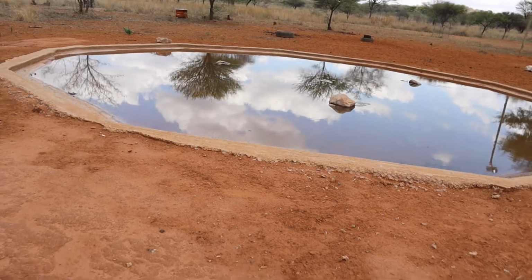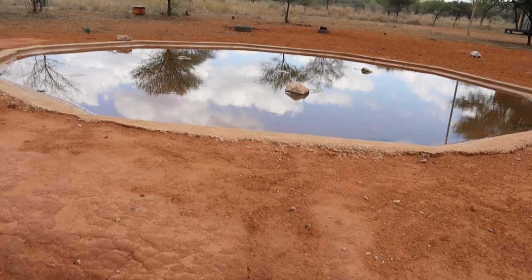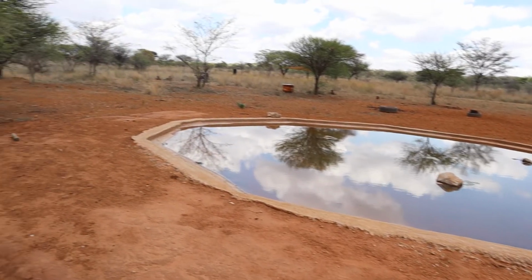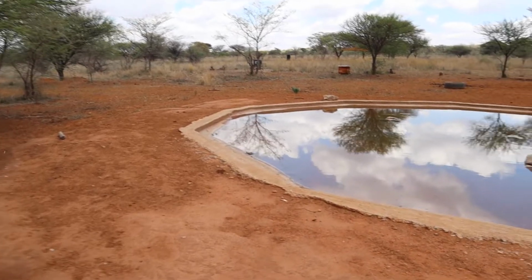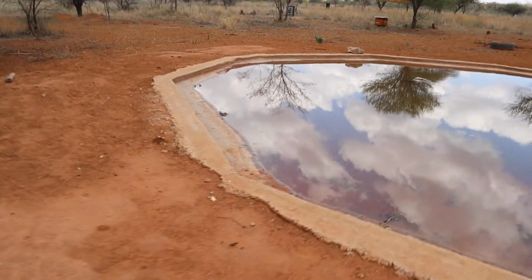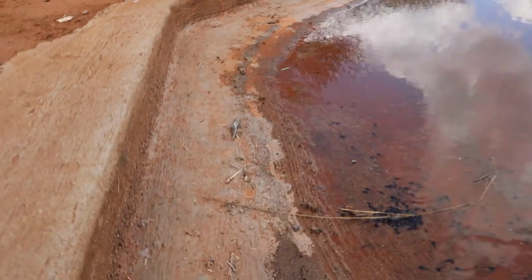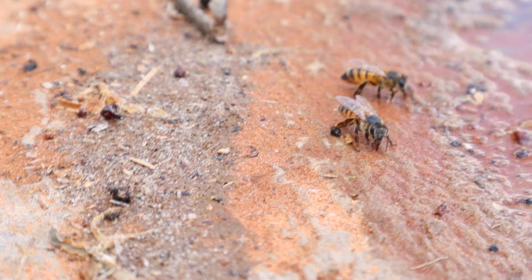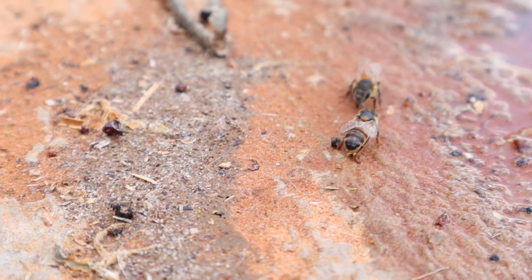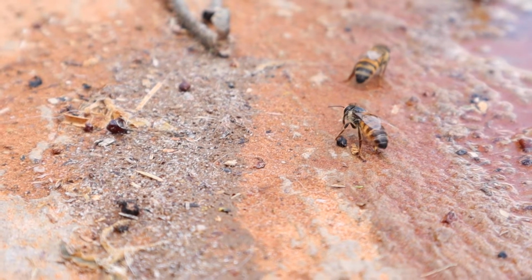So all around this pond our bees are foraging up in the bush there, and then they stop here and have a drink of water, replenish their thirst. You can see them here, there's bunches of them buzzing around. Little landing strip for them to come in on, and then they go to the edge of the water and they just suck